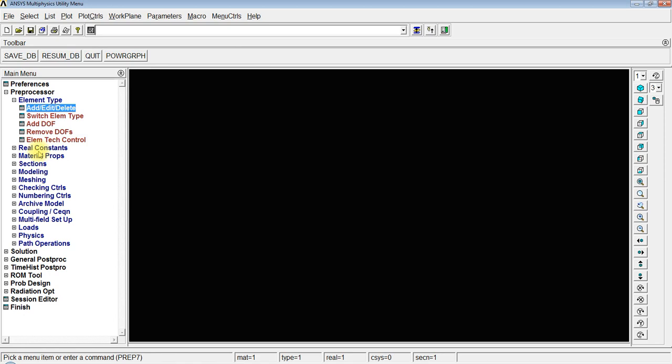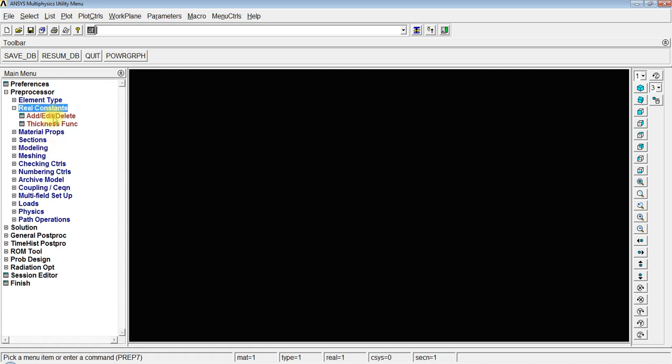Now we will apply material. As we don't need real constant, it will go in a similar fashion as our beam element. We can check it if we can give constant. Like in the link element we have inputted area, but as we are going to make a sketch for the shape, we don't need area. ANSYS will automatically calculate area from the sketch that we will create. So we don't need real constant.